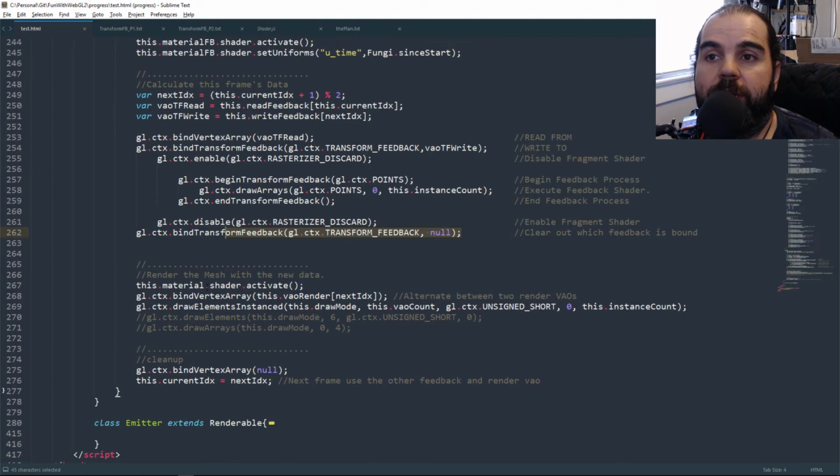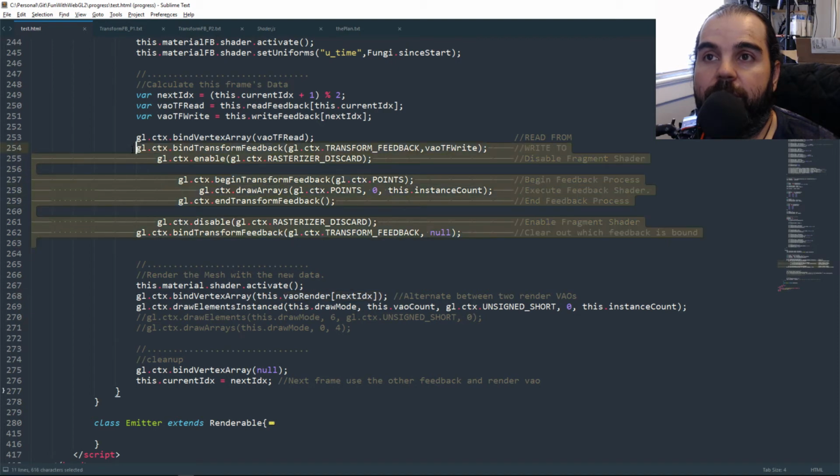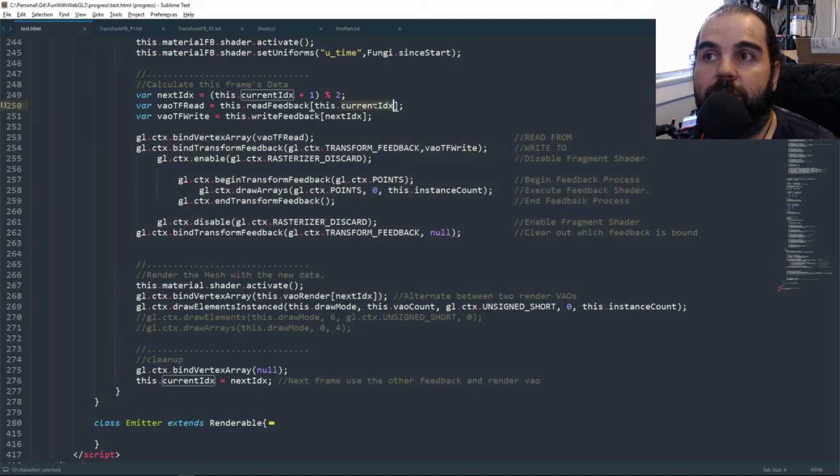And then when we go to rendering, we go to our original material. We activate the shader. We bind the next shader, because right here we read from current index, and then we wrote to next ID. So now we're going to render from next ID. Like this is the first frame. We're reading from A, we're writing to B, and we're going to render B, because B initially has all the data initialized, where A is still empty. Next frame, A will be initialized, and we can render from A. So that's why we're going to render the next one first,